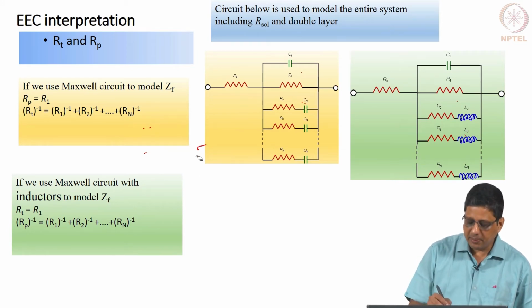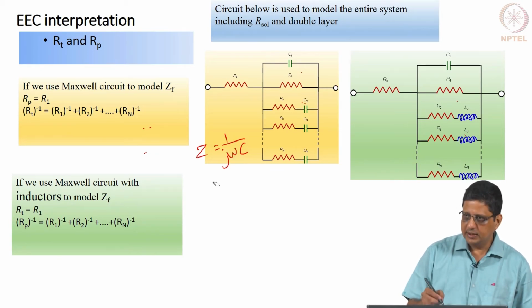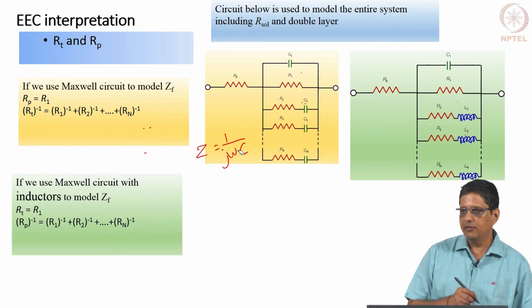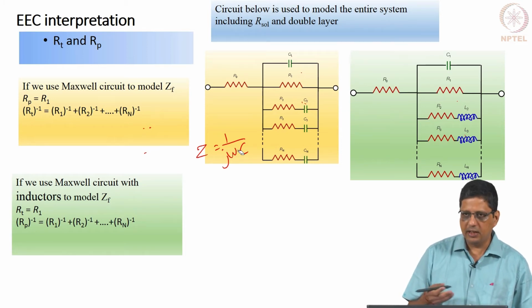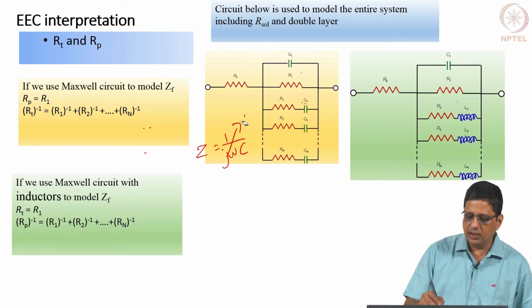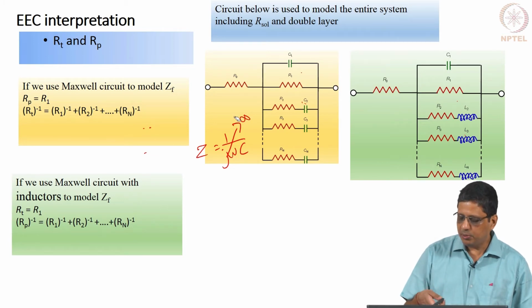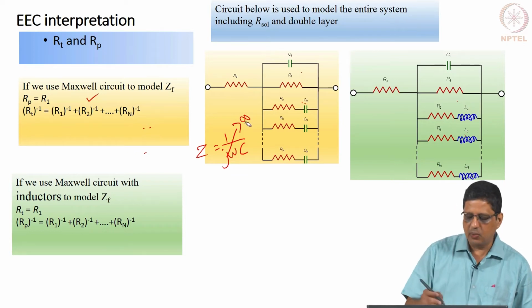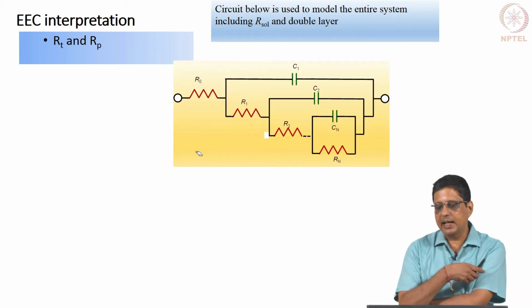Okay. The impedance of a capacitor is 1 by j omega c. When omega tends to 0, regardless of the value of c, whether it is positive 10 millifarad or minus 10 millifarad, this will go to infinity. So, I can use a positive value or a negative value, it does not matter. This relationship is still valid. And the next possible circuit is the ladder circuit.